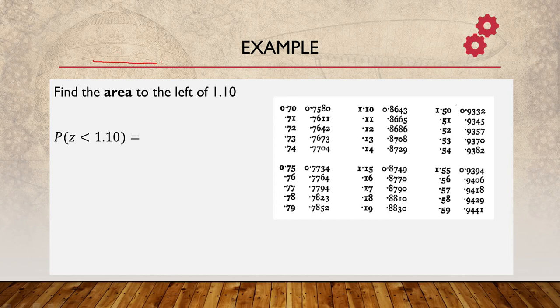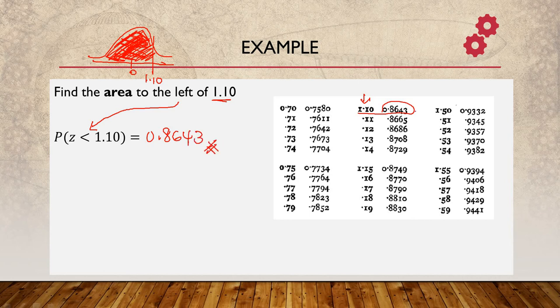To the left is, let's say I draw, middle is 0, 1.10 is positive, so let's say it's here. 1.10 to the left, meaning our Z is less than 1.10, so the area is less than 1.10 to the left. That's how we know the symbol. We know that the table will give this area. So you find 1.10 from the table. Oh, it's here. So you take the value, which is 0.8643.